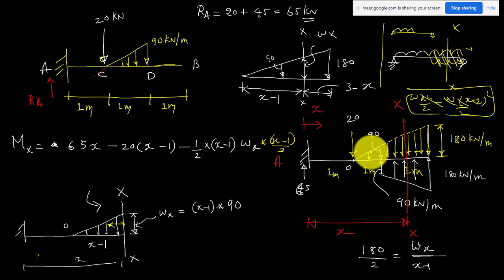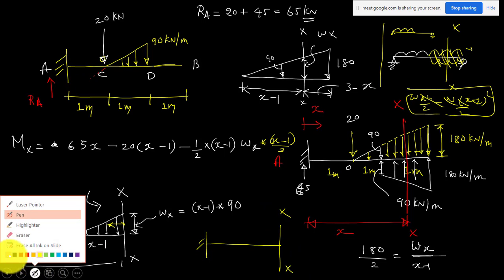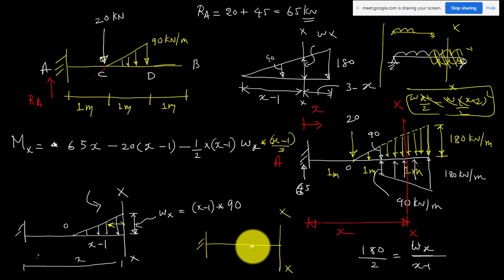So now we have done this load. Now we have another load, this trapezoid load. Here again we have this section x. I am going to write the moment equation due to this load. Again here I have 90. What is this intensity I have to find again? This I am taking Wx1, the intensity at this section. Once you find this intensity of the load, you again write the moment due to this load, that is going to be positive, sagging moment.